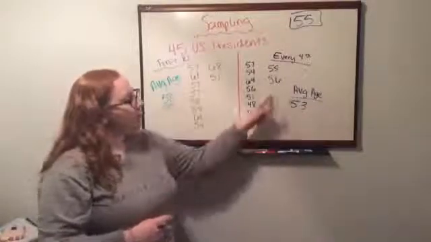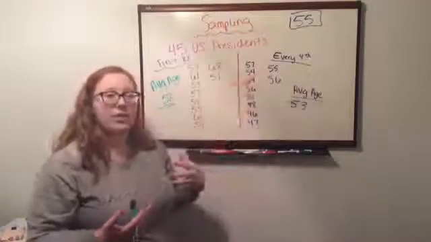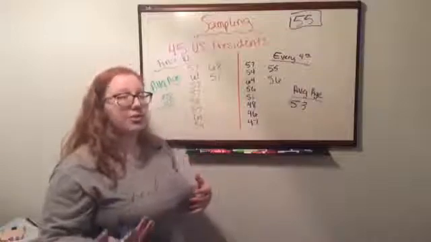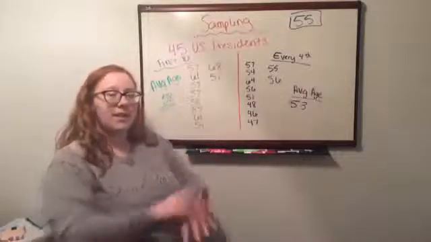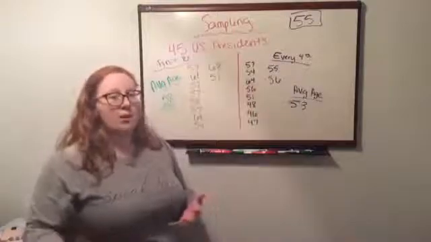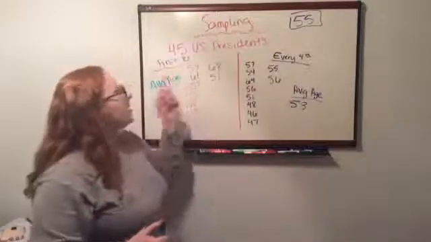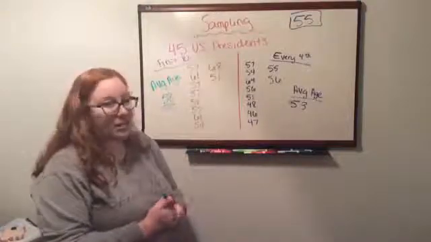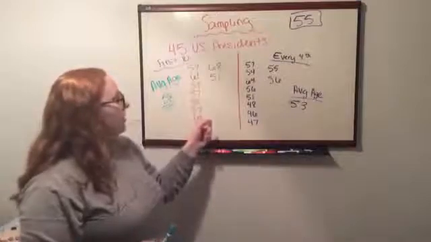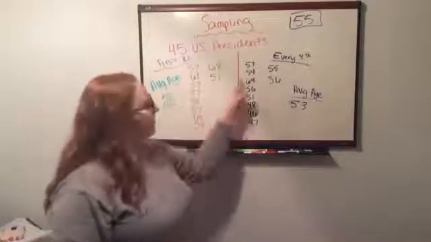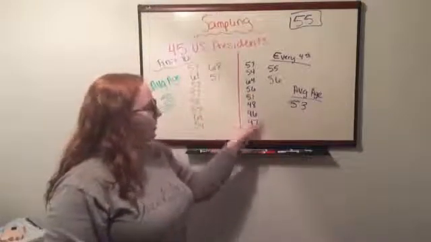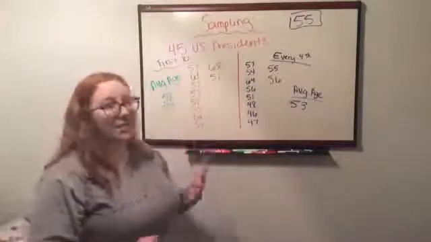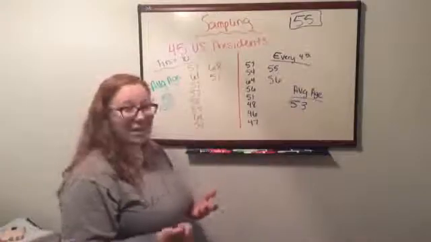So 53 is closer than 58 is. So now, when we're using every fourth U.S. president, that made it closer to our true average. It was a more representative sample because it allowed every single person the equal opportunity to be selected instead of just the first 10 presidents. This tells us a few things. The first 10 presidents were older, because if we look down here, we had several presidents who were in their 40s, but if we look over here, the first 10, none of them were in their 40s. So that tells us a little bit of something.